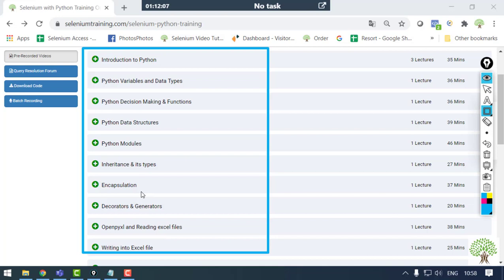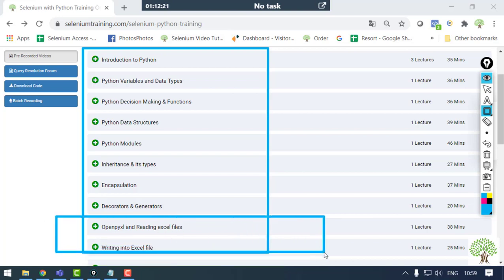Inheritance, encapsulation, two of the concepts which are important and will come up in further use. Reading the files, reading the external files are over here in these two particular modules. Fine, this is just for the sake of information. There is another way of reading the data from the Excel files as well. That also you will be understanding as soon as you move on. Okay.